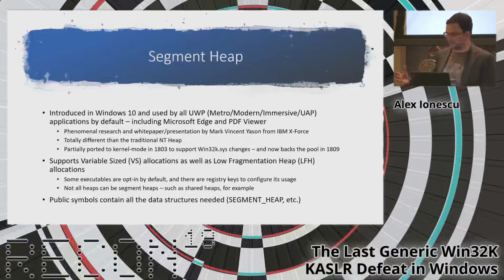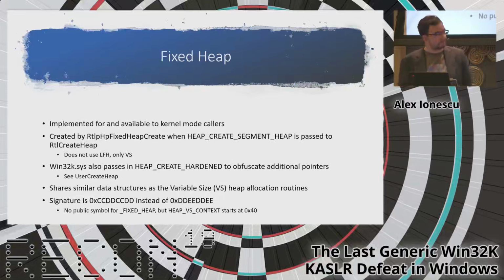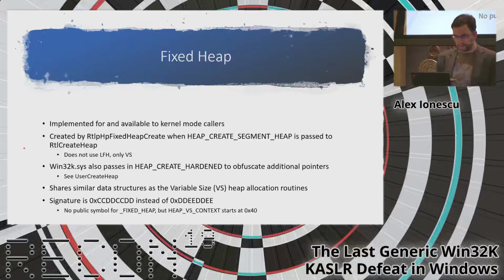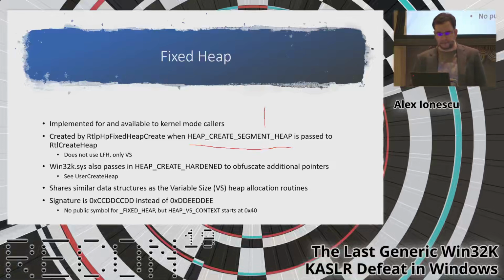So if you look at the public symbols for NTDLL, you get all this information that you need there automatically. So the fixed heap is basically a subset of that. It's created by RtlpFixedHeapCreate if you pass in create segment heap in user space, in kernel space. So when you pass this in kernel mode, instead of getting the normal LFH segment heap, you get the kernel mode fixed heap. And that's the flag that Win32K uses. Now Win32K passes a second flag called heap create hardened, which then obfuscates some pointers that we're going to be